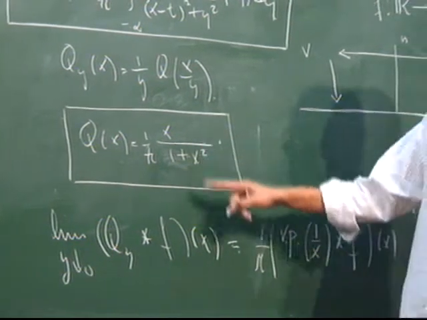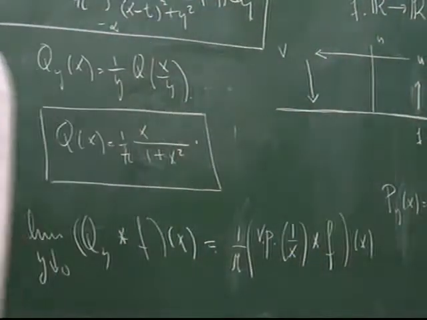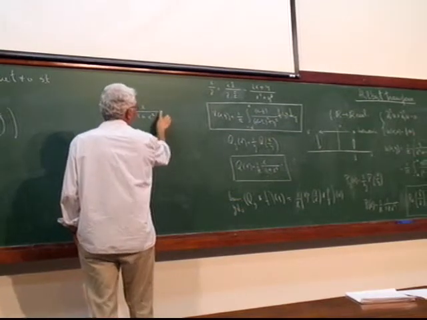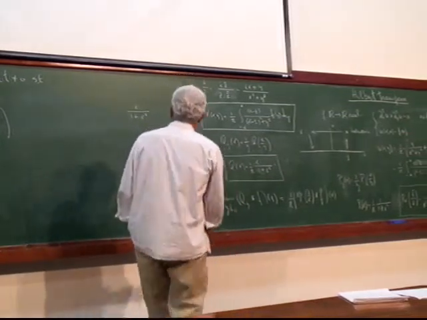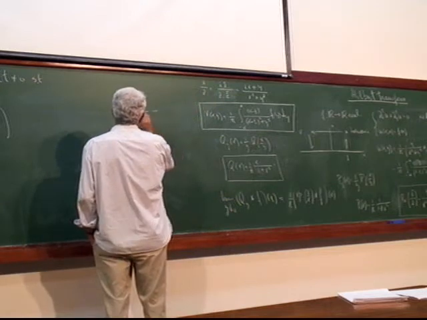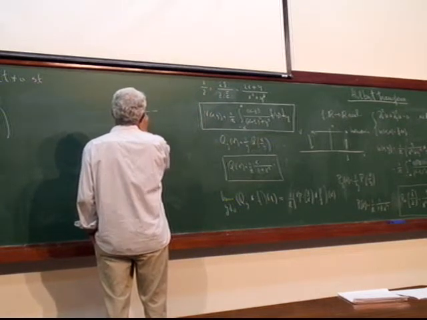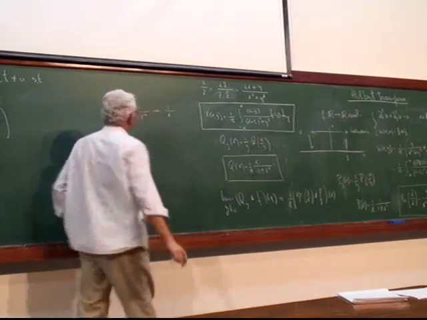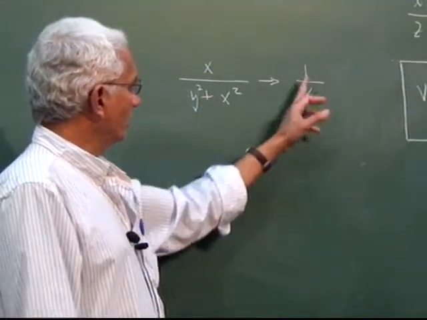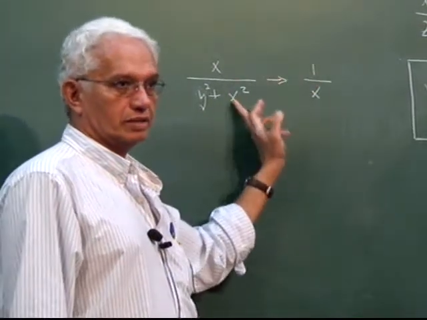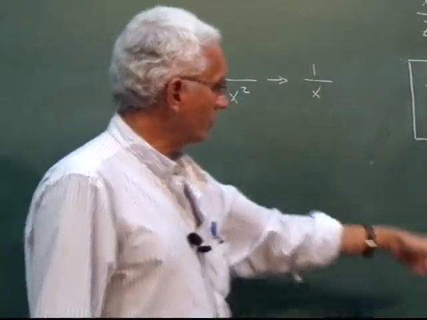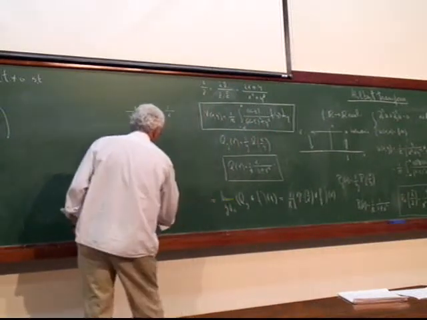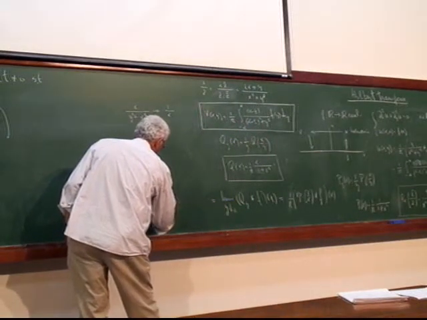Then when you take the limit in this kernel, I have the y here. You're going to converge to this formally, but you have to preserve the property that this one is odd. Then you will see that what you have is the principal value. What do you mean by this? This is going to be 1 over pi, the limit